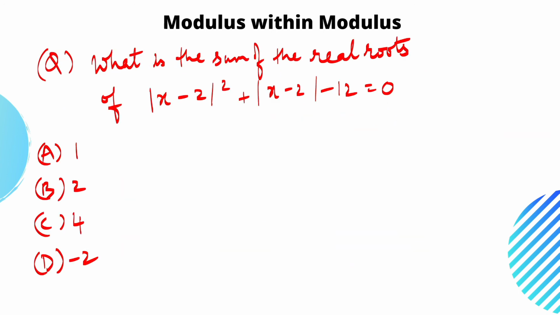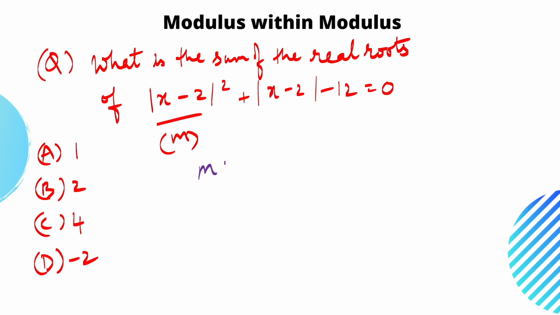2 values. Now what is this question? What is the sum of the real roots of modulus of x minus 2 whole square plus modulus of x minus 2 minus 12 is equal to 0? How many real roots? So we are asked to find out the roots. If we take modulus of x minus 2 as m,